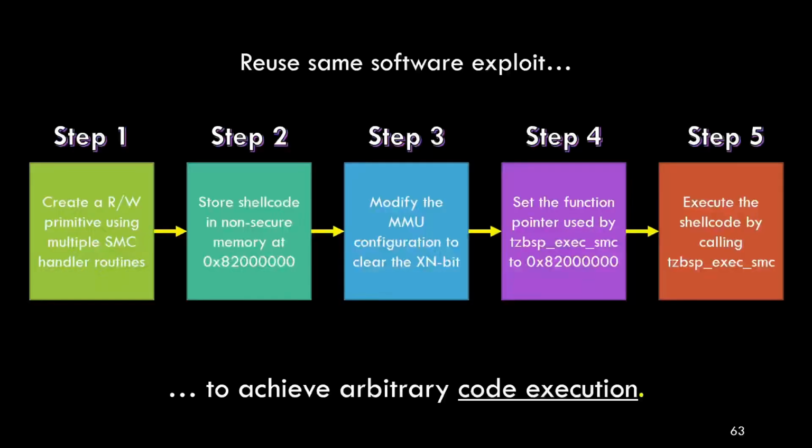Then, once we had disabled the secure range check, we were able to use the exact same software exploit that we used before, because the approach is exactly the same. All the mechanisms that this exploit relied on are still there. It just needs the secure range check to be ineffective. And that's exactly what we achieved using the fault injection attack. So we were able to achieve arbitrary code execution within QSEE in a very similar fashion as using the software exploit.